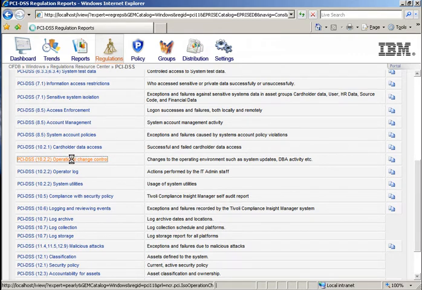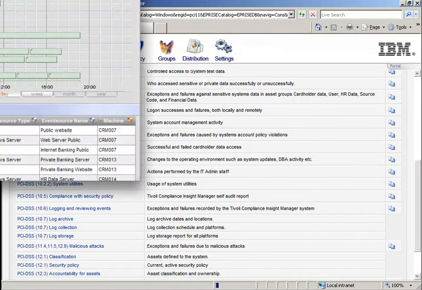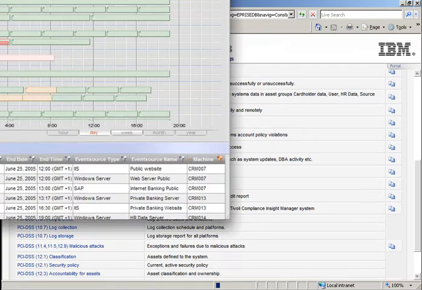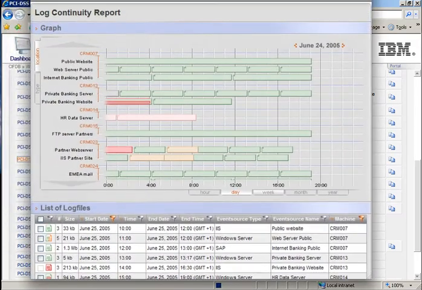And while the system does that, I want to show you something that I think is going to be very, very interesting to you, which is the log continuity report. What this allows is to have the system report on discontinuities on the log collection. If an auditor ever asks you, well, all this evidence you are basing is based on the logs, but how can you prove that somebody hasn't stopped the logging and done their malicious thing and then brought the logs back? Well, you're going to have a hard time proving that. But this tool actually